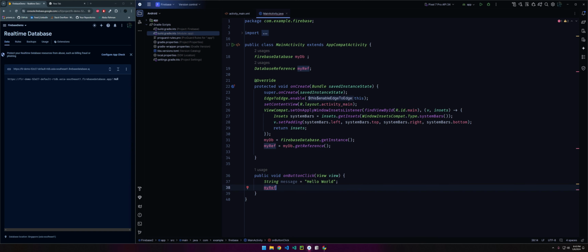a reference, and you have a method called child on it, right? And the child takes in a path, right? A path string that is gonna be essentially the same as the collection in Firestore. So you have to specify a path, and you can specify either the root name, or you can specify a whole path. So I'm gonna just add a root node name. So I'm gonna say first message,